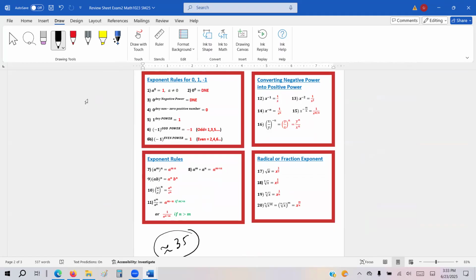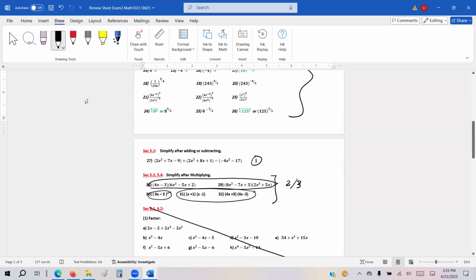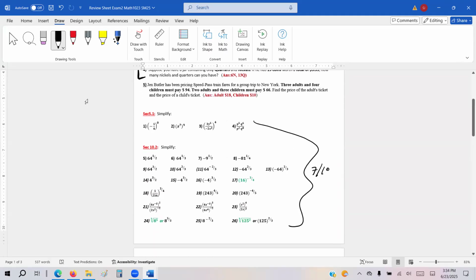Not only rules, like for example, here you have A, M, and N, so they'll give you 2 to the 5 and 7. So you just have to multiply them and tell me 2 to the 35, okay? So using these rules, some examples. But at least one full page, around 30 to 35 questions. Chapter 6, completely ignored. 3 questions from multiplication, 1 question from addition. And 35 questions from 5.1. Not 35, 7 to 10. 7 to 10 questions. Sure. 7 to 10 questions from here, 1 question from here.